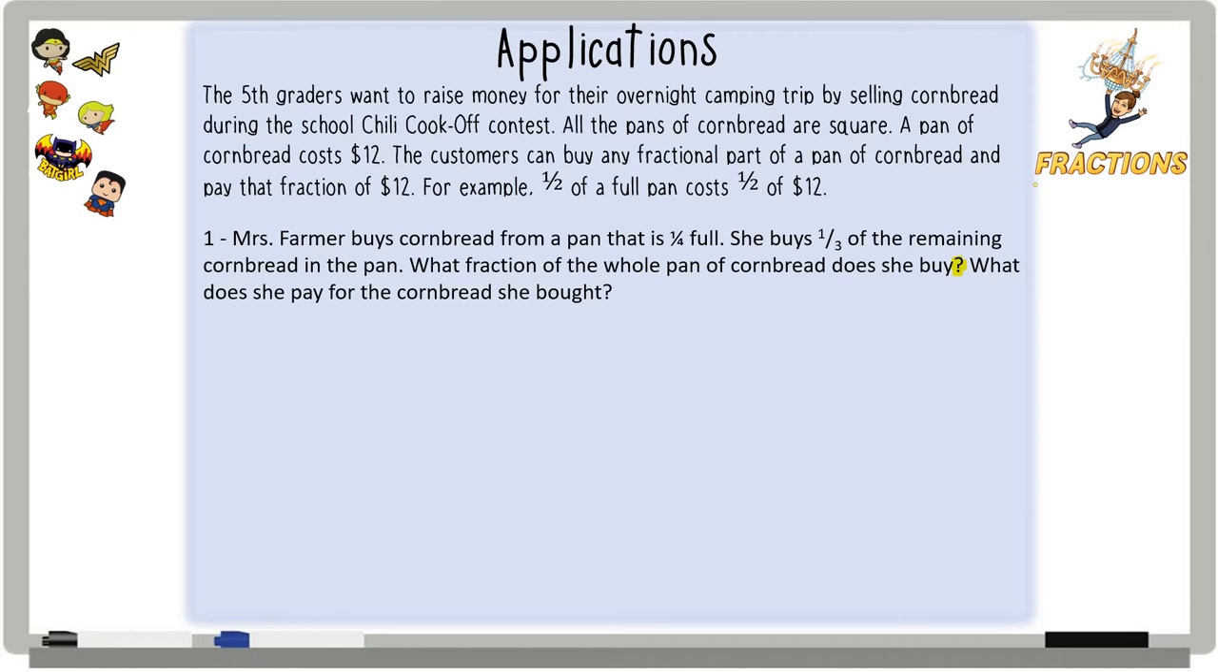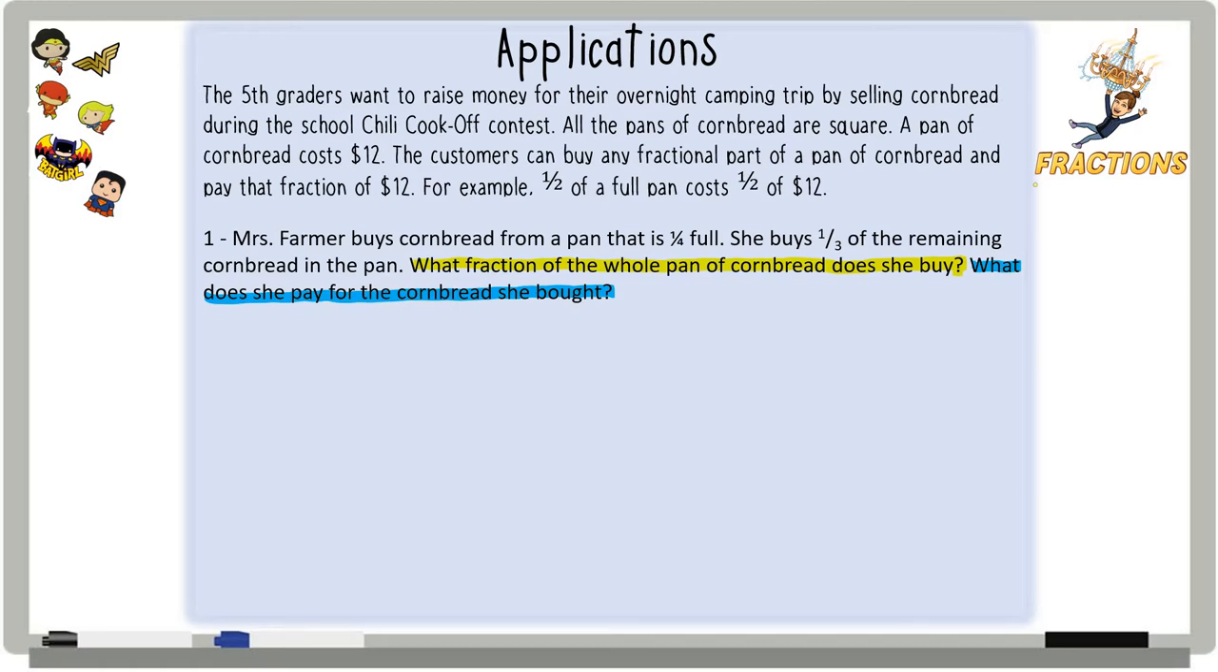Before that, it's asking, what fraction of the whole pan of cornbread does she buy? And then I see that there's a second question mark, so I'm going to get a second color because I have a second question to answer. And that second question is, what does she pay for the cornbread she bought? So my questions in this case,